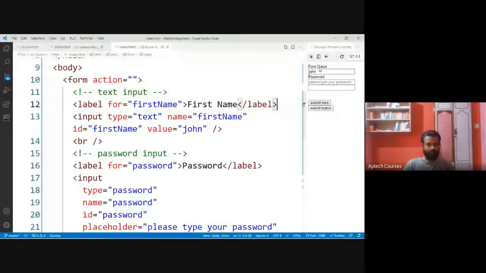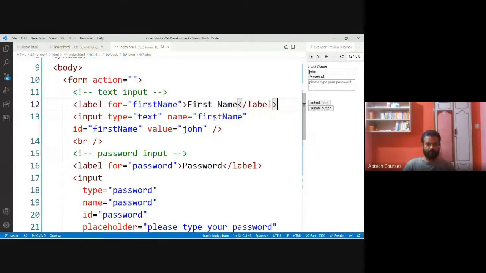Then input type. Input type can be anything. So here text. Input type can be radio, checkbox, like that. But here input type is text box. We can get the input from the user in any of the types by using checkbox, radio button, text box, like that. We can get it in so many ways. So here we are using a simple text box, input type text we are accepting.